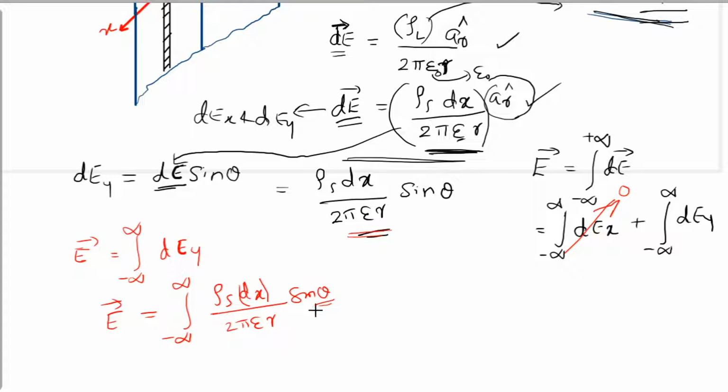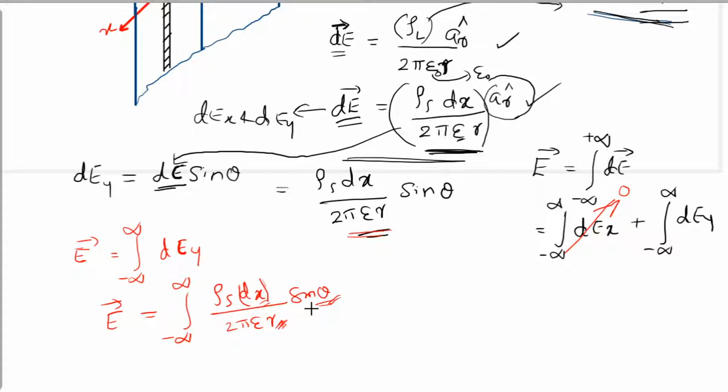Either I should be able to convert these terms, right? Sin theta. This r is also variable. Rho s is constant, 2 pi epsilon is constant. R is variable, theta is variable, but I have integration with respect to x. So I should be able to find, if you have watched my previous video clearly, I have explained there very clearly how to go for integration by substitution. So here I have r, here I have theta, both variable, but integration is with respect to x, which is the third variable. So there are different ways of doing this.